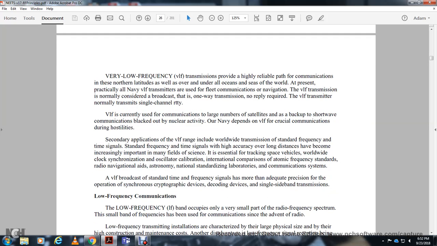Secondary applications of the very low frequency range include worldwide transmission of standard frequency and time signals. The accuracy of these signals over large distances has become increasingly important in many fields, such as the design and tracking of space vehicles, worldwide clock synchronization, oscillator calibration, international comparison, automatic frequency standards for radio navigational aids, astronomy, and national and standards laboratory communication systems. Very low frequency broadcast standard time and frequency signals have adequate precision for synchronizing cryptographic devices, decoding devices, and